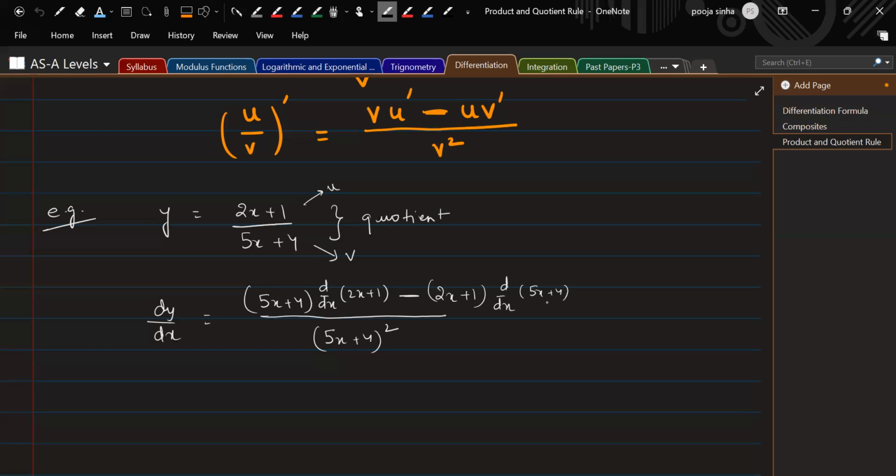So it's 3 upon 5x plus 4 the whole square. 3 upon 5x plus 4 whole square, right? Perfect answer. समझ आ गया हमें प्रोडक्ट एंड क्वोशिएंट रूल? ठीक है, अब इसकी वर्कशीट में आपको